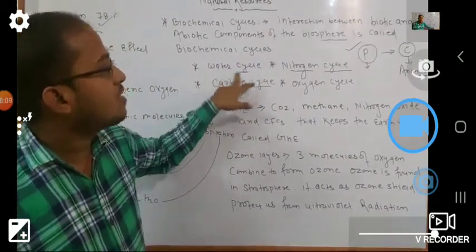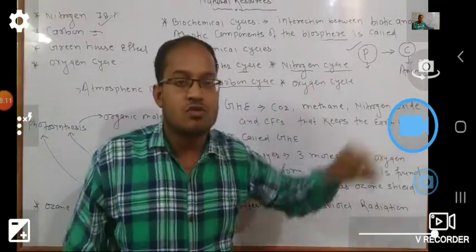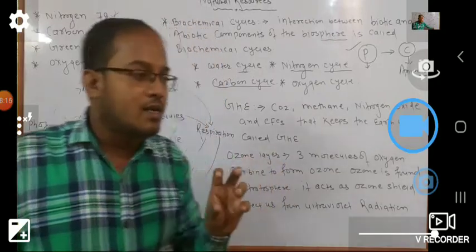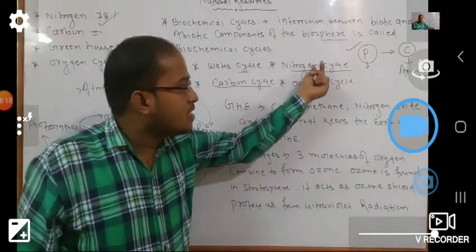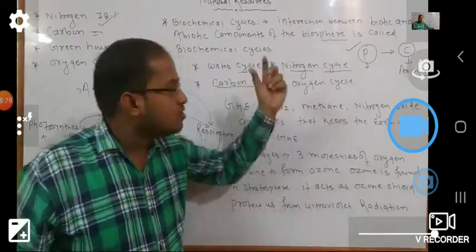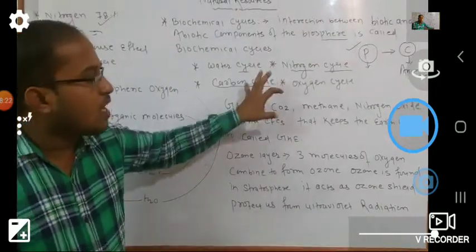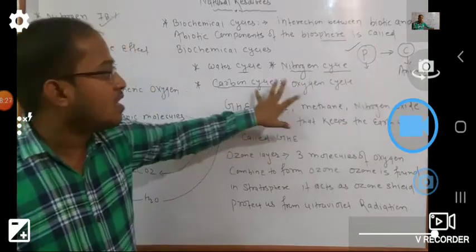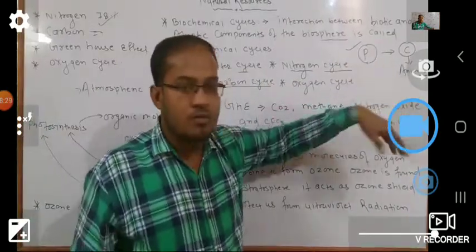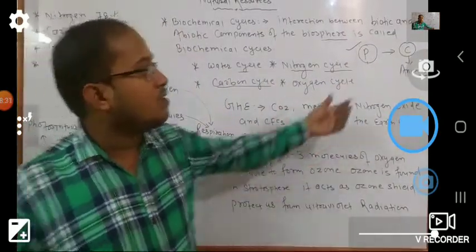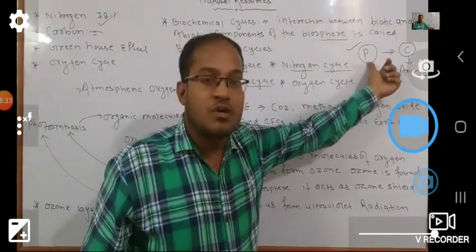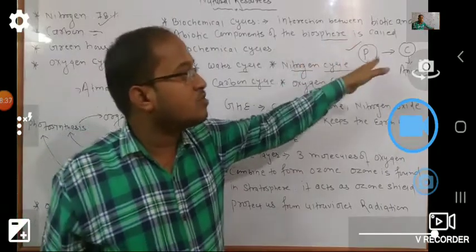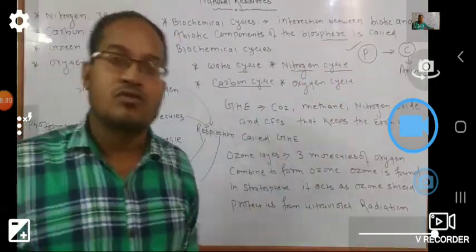Water cycle is a very important and interesting topic because it is a very high scoring question that comes in the exams also, and nitrogen cycle is also used, but there is a preparation of most of the topics, like so many times the questions may be asked that what is the use of nitrogen and what is the use of carbon. Okay, so you all have to revise only the uses of nitrogen, uses in the agriculture field. Carbon is also used in the production of so many producers, and we know that if there are lots of producers, definitely the consumers will also be lots, and if there are less producers, then definitely the consumers will also be less.